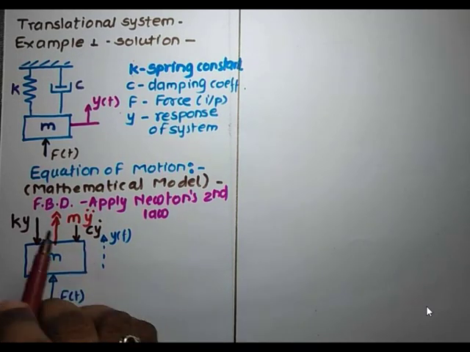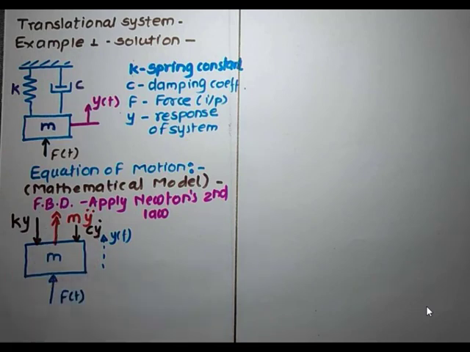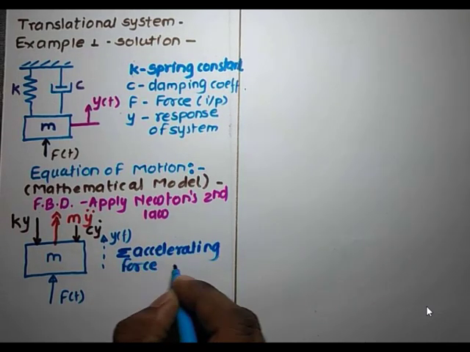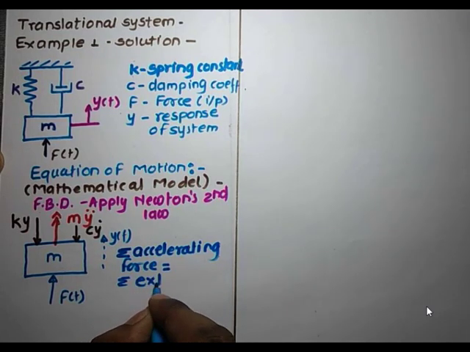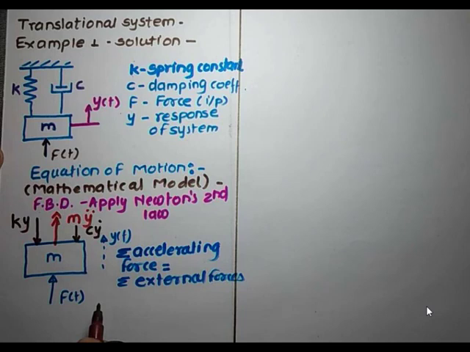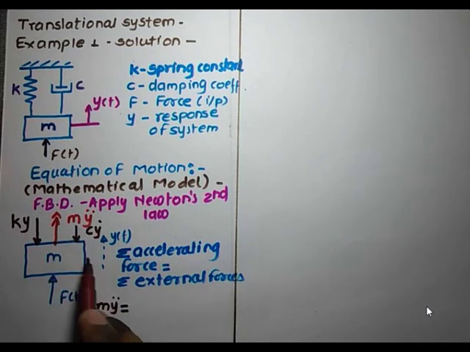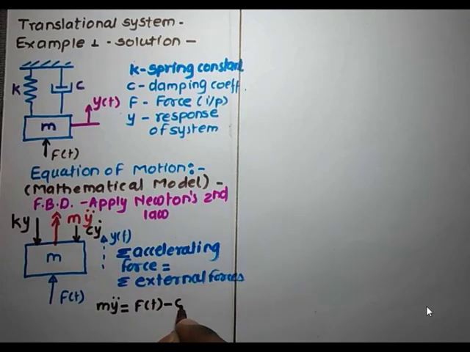So I don't think any other force is acting on the system. So by knowing all forces which are acting on the system, let us apply Newton's second law. According to Newton's second law, summation of all accelerating forces must be equal to summation of all other external forces. So here we are just collecting the accelerating forces. In this case, only one accelerating force is acting, that is m y double dot. So this is m y double dot is equal to, now as per the sign convention that we are following, the forces which are acting in the direction of accelerating forces are considered as positive, otherwise negative. So m y double dot is equal to Ft. It is positive because it is acting in the same direction of y double dot,